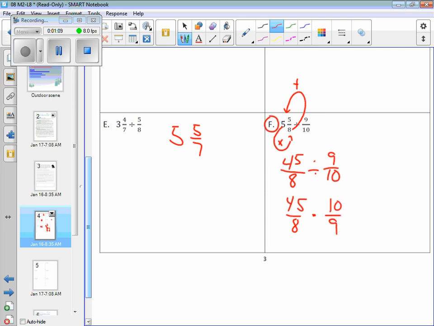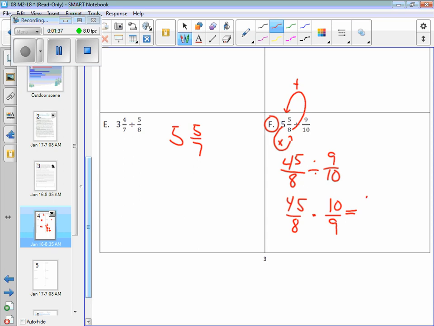How many of you got at least this far? Every step along the way is worth credit if and when we do a quiz. So if it was a 10-point question, you get 2 points for changing the mixed number to an improper fraction. You get 2 points out of 10 for doing keep, change, flip. Okay, next step